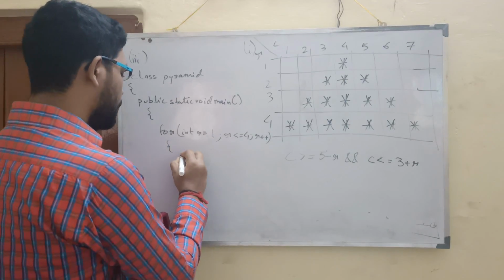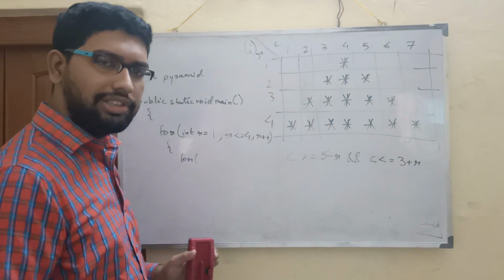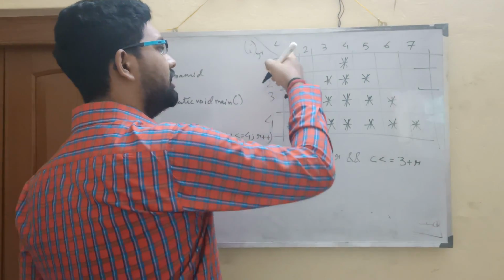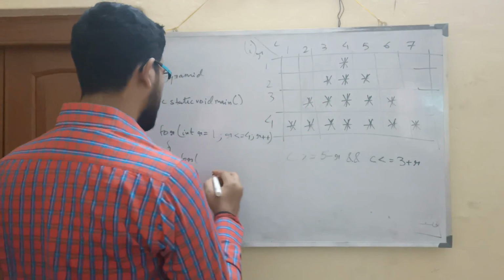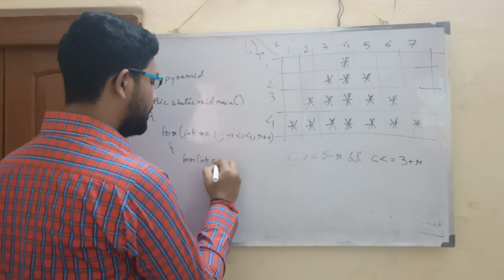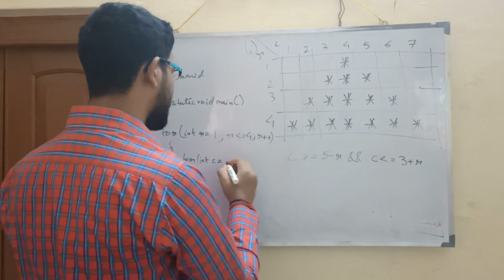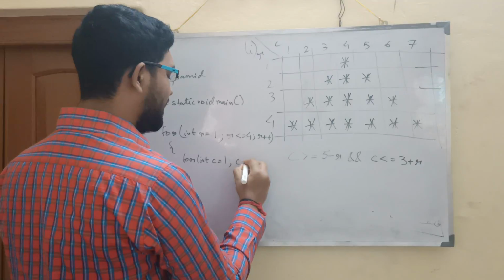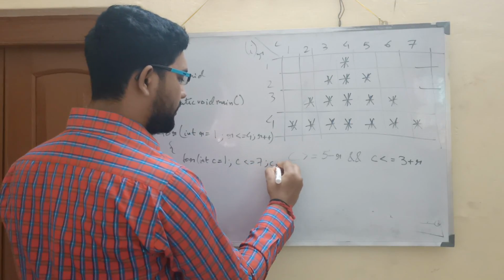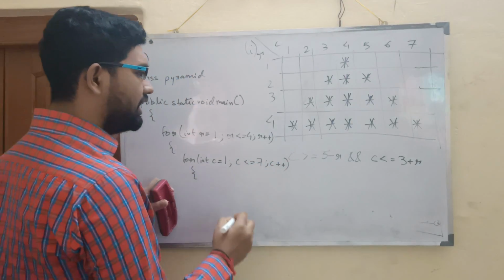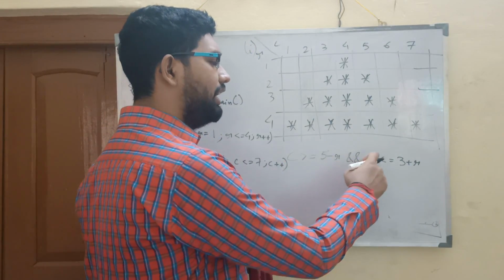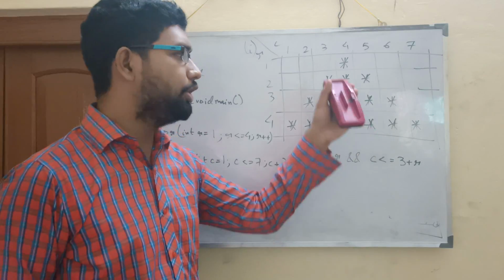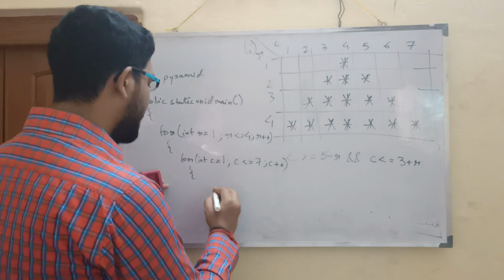Inside that we will write for. I have already said that the row is the outer loop and the column is the inner loop. So this part is the outer loop, this part is the inner loop. So for int C equal to, how many is it, 1 to 7, right? So C equal to 1 and C less than or equal to 7, C plus plus. Inside that we will apply this condition. So what was the condition? C greater than or equal to 5 minus R and C less than or equal to 3 plus R, which we have obtained from the pattern. So we will write if